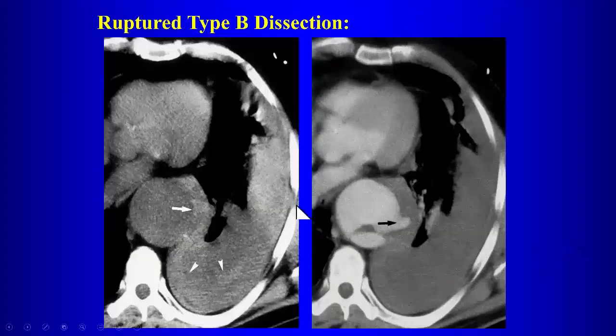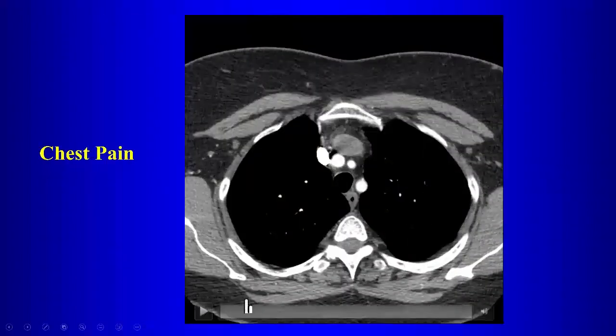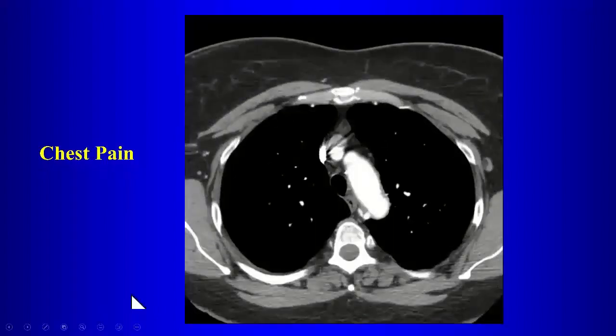Okay, so ruptured type B dissection. Here you have on the non-contrast the high attenuation hematoma actually extending here into the pleural space. So this is a rupture in this particular case of that dissection. So this patient has chest pain,